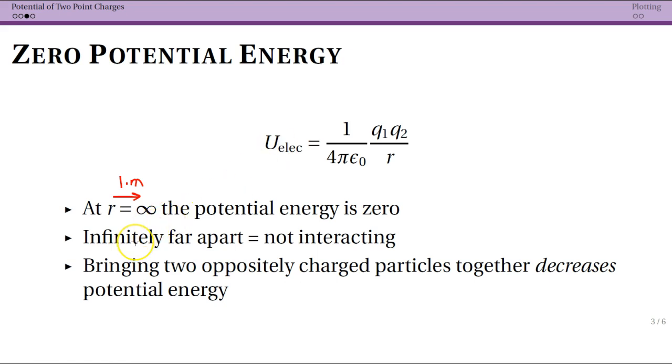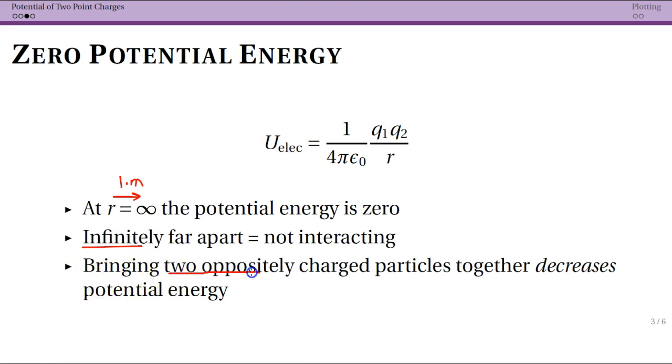So what that means is that if our 2 point charges are infinitely far apart, really, again, not just very far, but infinitely far apart, well, at that point, they're not interacting. So there's no potential energy. So one thing that's important to note as we set the potential at infinity to be 0 is that